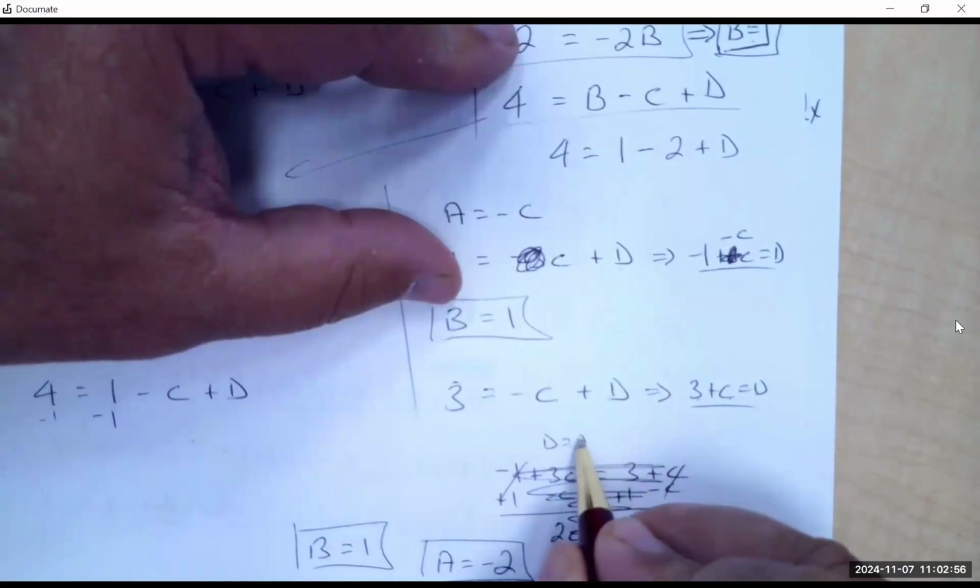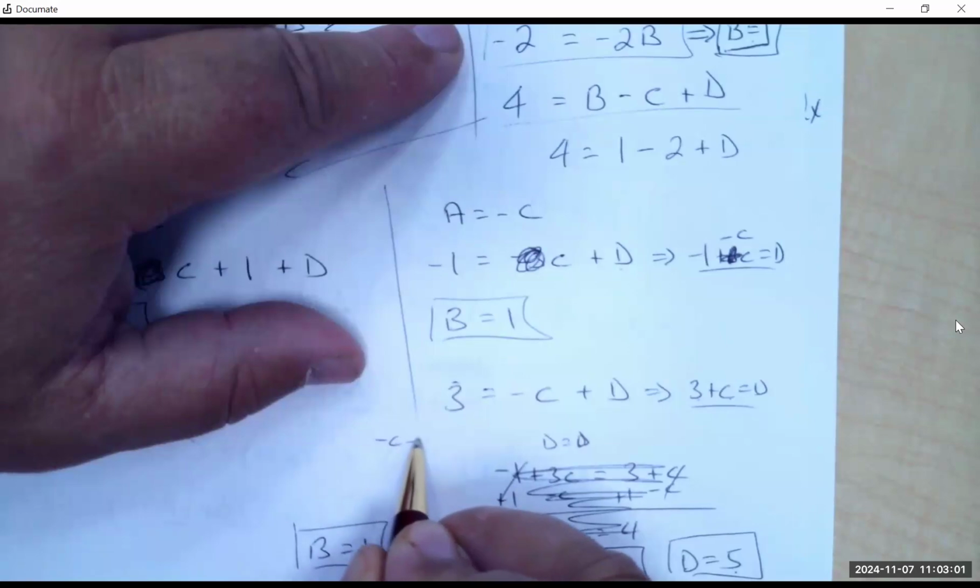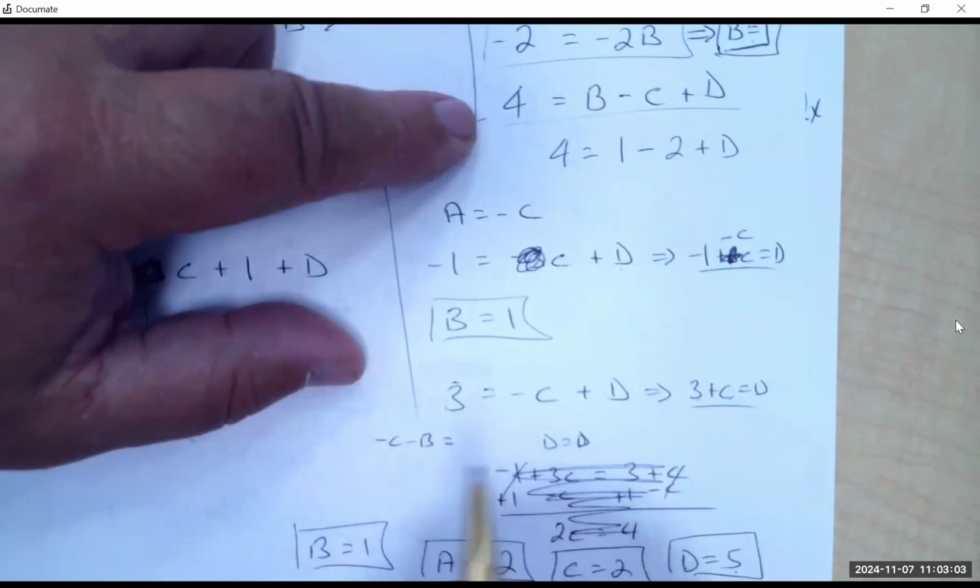So D is equal to D, which means negative B minus C is equal to